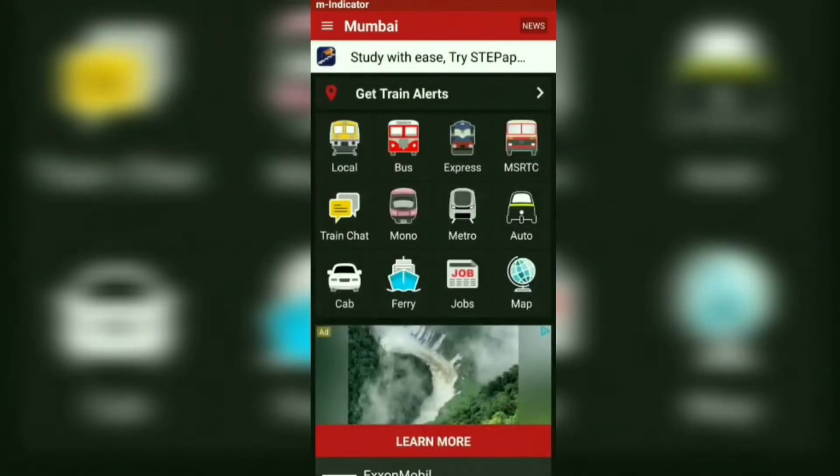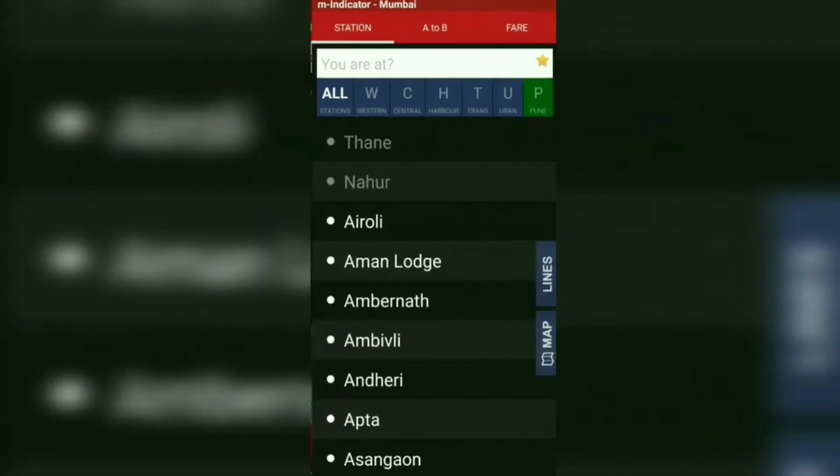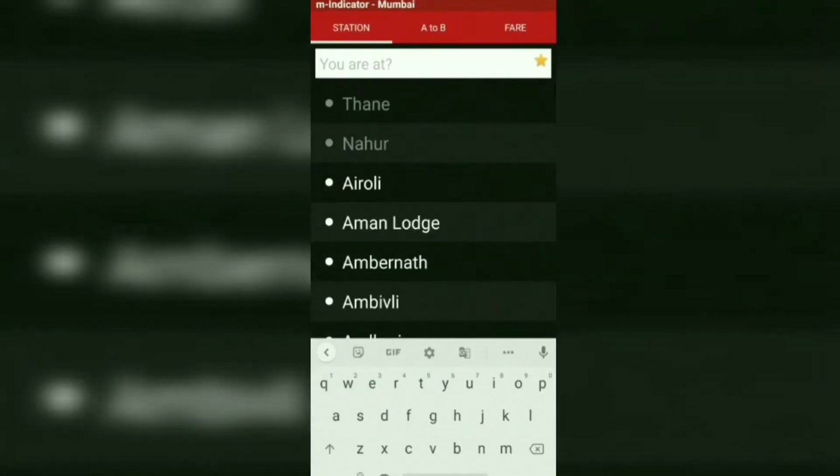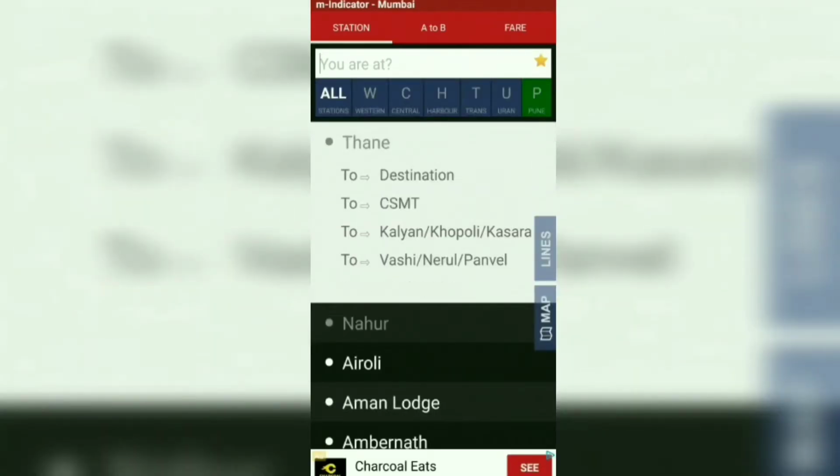Now for example, if you want to go from Thane to CSTM, you will click on local, then type where you are at. Here we will type Thane. Now you can select the destination station. We want to go to CSTM, so I'll click on CSTM.